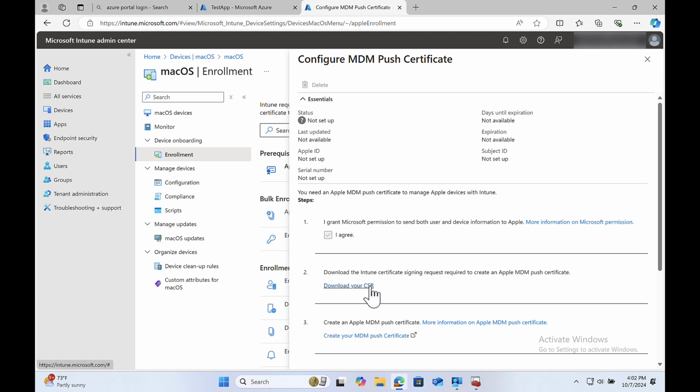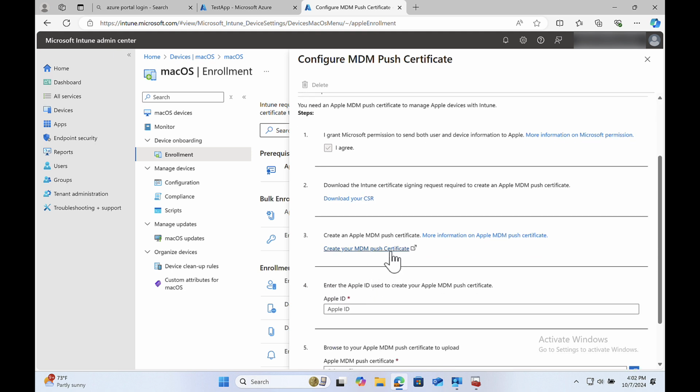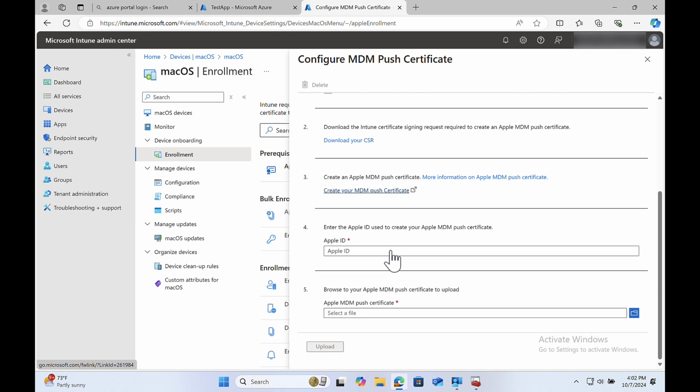Then you will download an Intune certificate signing request, and then follow the link in step 3 to create your MDM Push certificate. You will need an Apple ID to obtain one, and then enter that ID in step 4. And then finally, you can upload the Apple Push certificate in this setup wizard in step 5. From there, you can proceed with enrolling your device to Microsoft Intune via the Company Portal app.